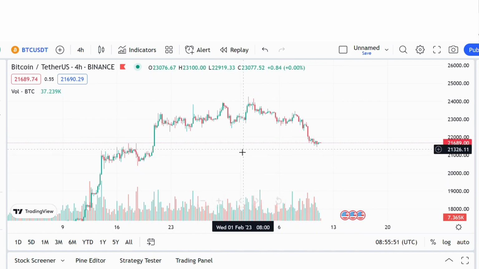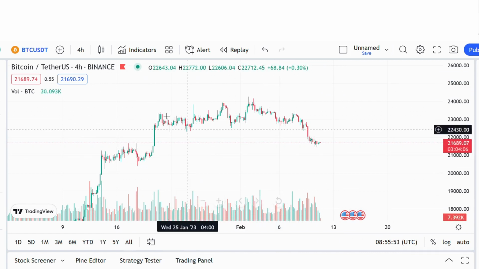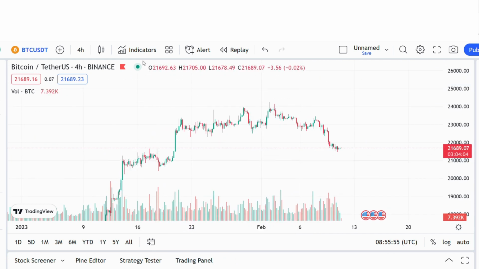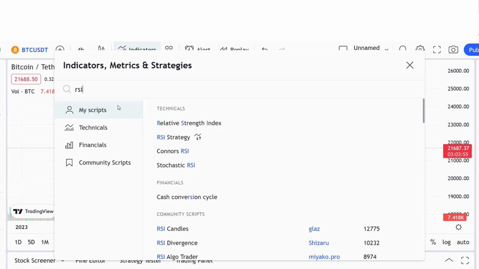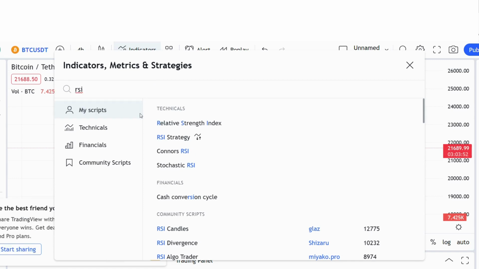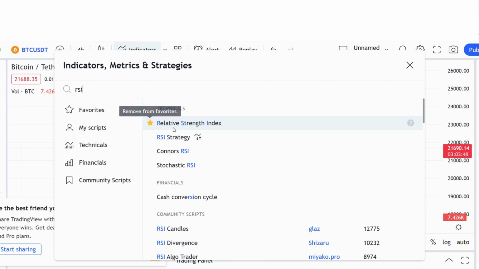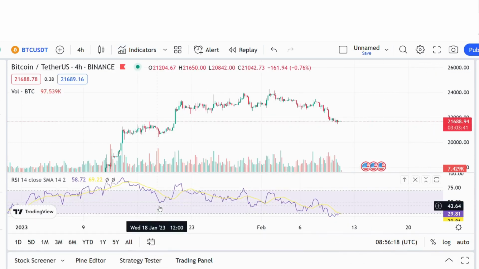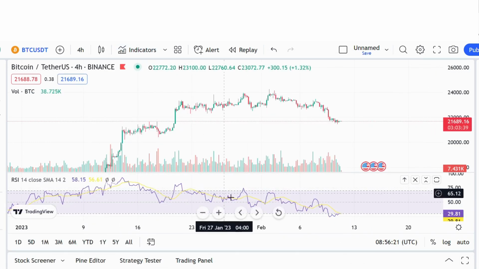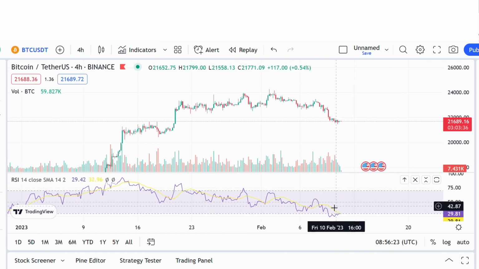Now, the next thing we need is some indicators to start up. It's an empty chart layout. So for indicators, you go in here and click indicators. My personal one is I usually like to work with the RSI. So we type in RSI, the relative strength index, and click here. You can also highlight the star, which means you can shortlist your favorites. Click on it, and you can see the RSI indicator pops up underneath.